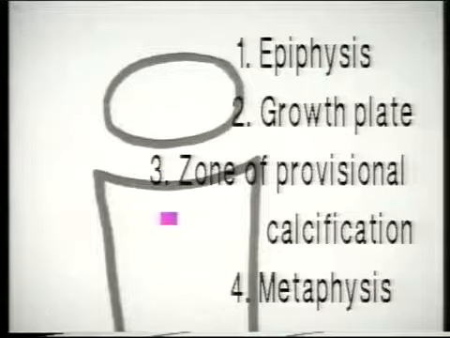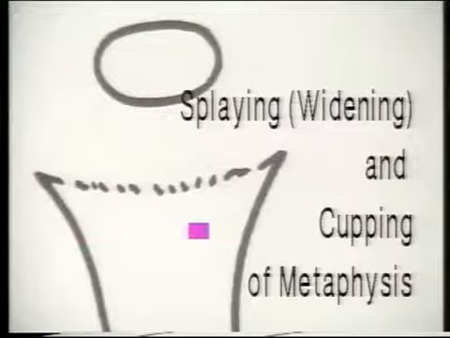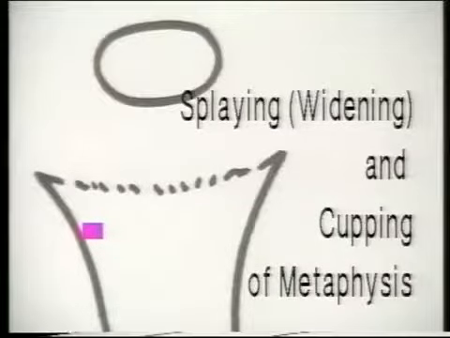In rickets, the early changes to occur are an increase in the distance between the epiphysis and metaphysis, that is, widening of the growth plate, and loss of the zone of provisional calcification, so the calcified end margin of the metaphysis becomes blurred and is termed fraying. Later, the soft end of the metaphysis with stress becomes wider and concave, termed splaying and cupping respectively. In long-standing cases, the bone density is reduced and bowing of the leg bones may occur.